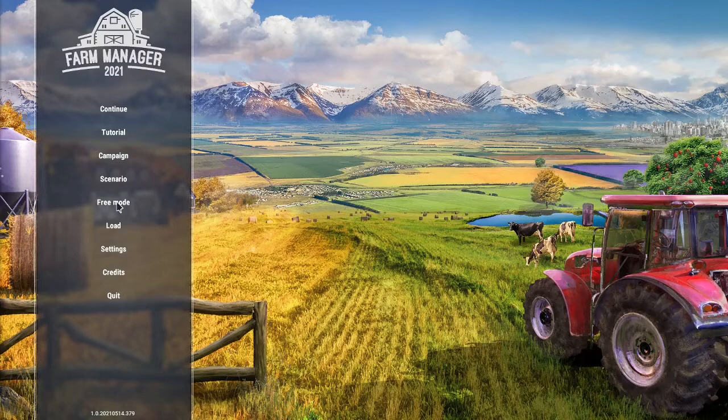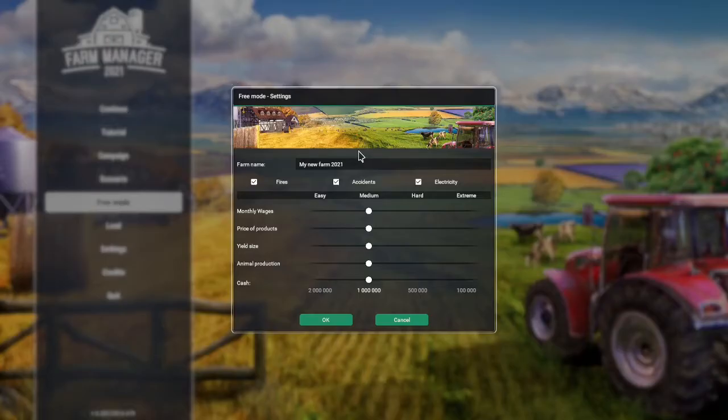For the YouTube side of things, we're going to be going into free mode here, and this is a new change that they added in a patch during the first week, is the free mode settings. And as you can see, there's a couple different slider bars of what we can change. We're going to go and name it Qwik Seed N Feed, which is my typical farm sim farm name that we always go with. And as you can see, we can turn off fires and accidents,